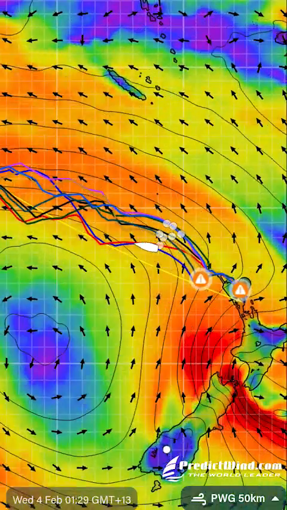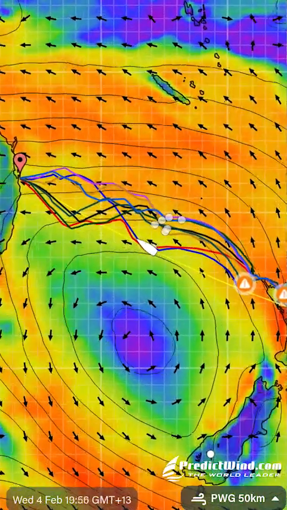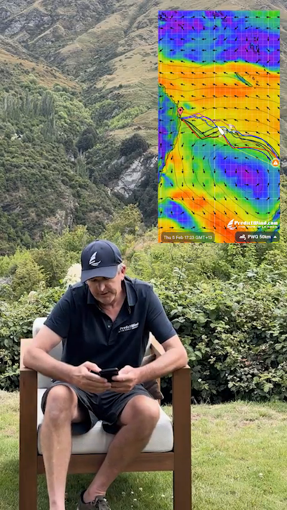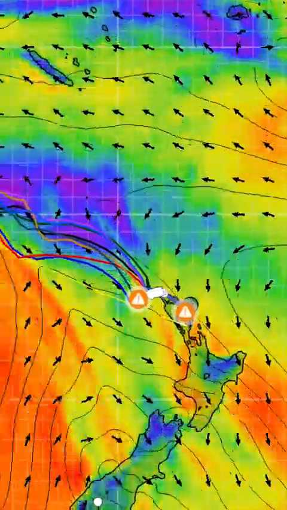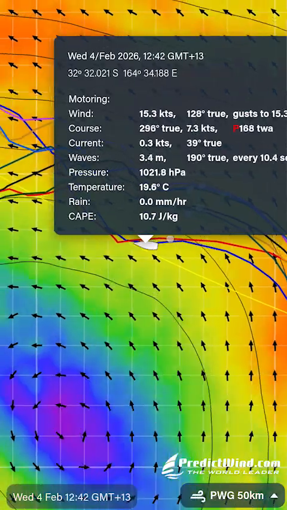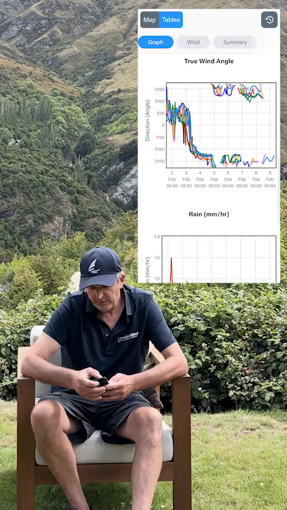I spend a little bit of time on the map itself. So I'm looking for that consensus. If we have consensus, we can sort of establish that those are the conditions that we'll be getting. We're on the top of New Zealand there. The models are aligning. On the PWG model, looks like it's all downwind conditions, but the real good oil is